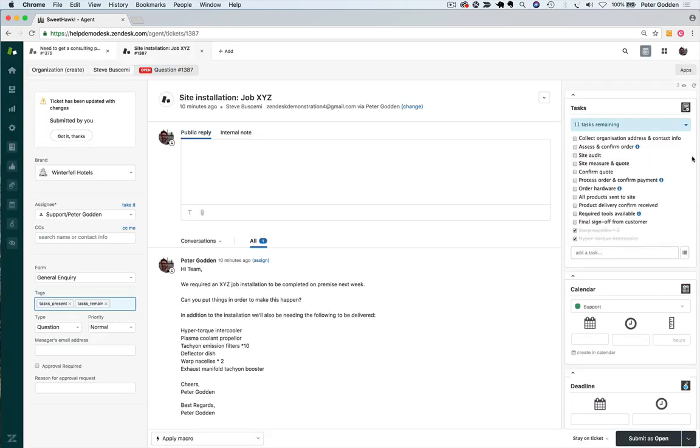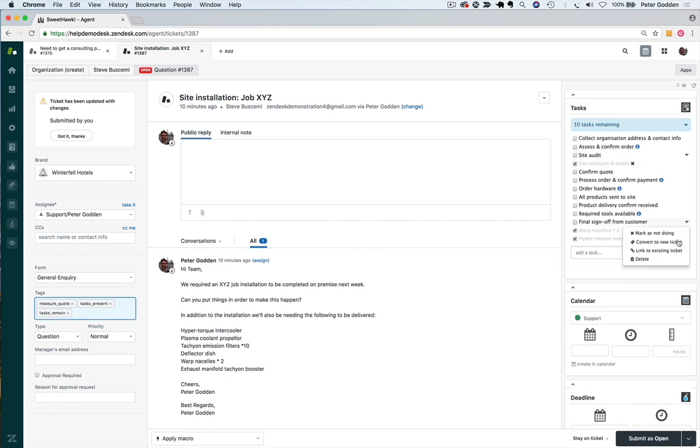Okay, for individual tasks, if I click this drop down menu here, there's a few things that you can do. The first one is mark as not doing. So say for example I didn't need to do a measure and quote in order for this site installation to take place. I can just select that there, and it's going to put a little cross next to it, as opposed to these checked items here that don't have the cross. Obviously you can delete tasks as well without going into edit mode,